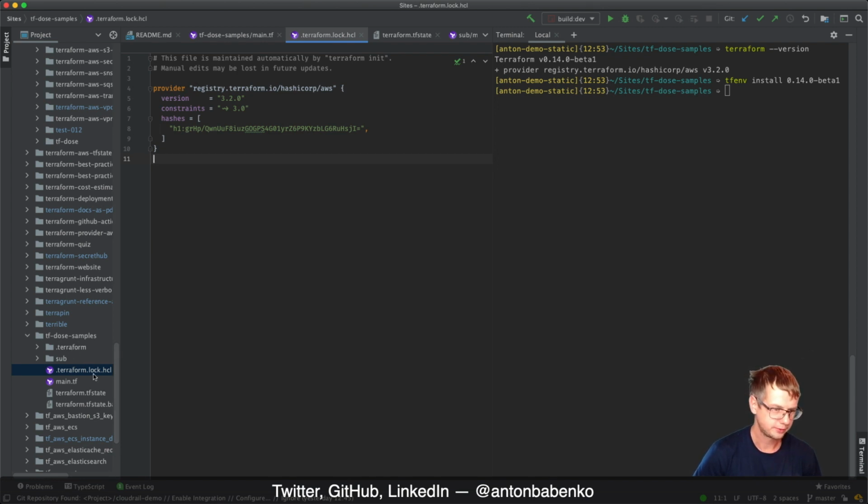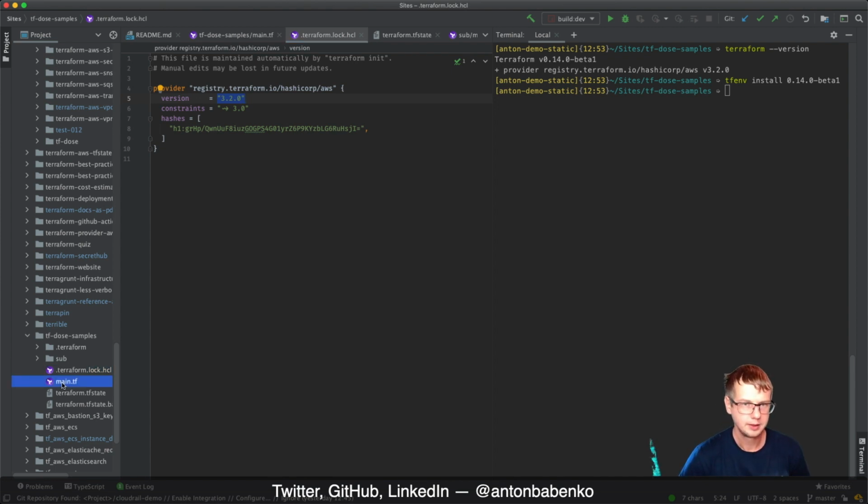You can commit this file into your version control system as well, then people who have this file will just run terraform init, and they will use only the specified version as it is given here. You can also write something like terraform init -upgrade, and then it will upgrade this lock file as well. So pretty much the same behavior as with any other programming languages and package management systems we have already. Not much to say about it. The second thing is